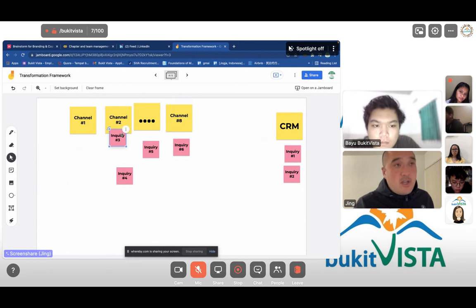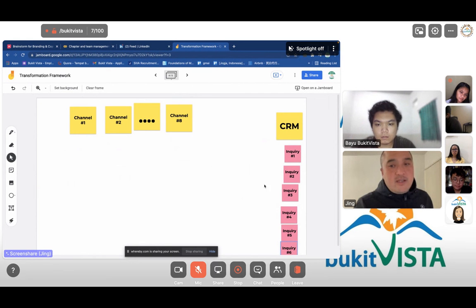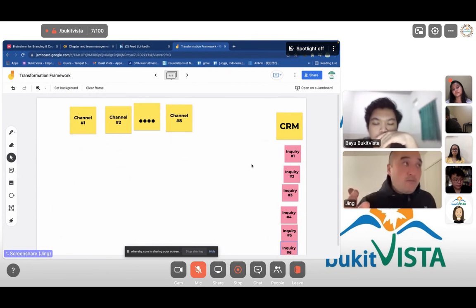Third inquiry that comes into channel 2 is routed to the CRM. Fourth inquiry is routed to the CRM. The fifth inquiry is routed to CRM. And then the sixth inquiry is routed to CRM, okay? And once it's in a CRM, then it can also be rebalanced again to a sorting method, right? Whichever one was first in, first out, or maybe the one with the highest reservation value is at the top. So once you have stacked the inquiries, then they can be reprioritized based on whatever metric you want to prioritize them, okay?